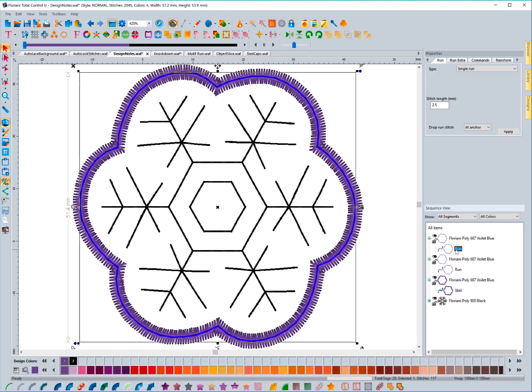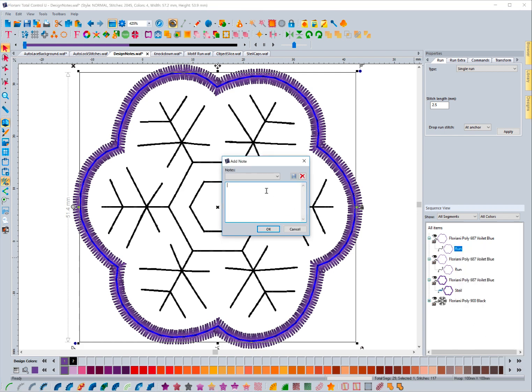What you'll do is select the item that you want to add a note before or after, and inside the sequence view, it's very important you have to do it inside of the sequence view, right click on it, and you will see the option to add a note, and it will let you add a note before or after. It's kind of fallen off the screen, the insert before or after, but I'm going to choose insert after. And so what I can do is I can say before proceeding,